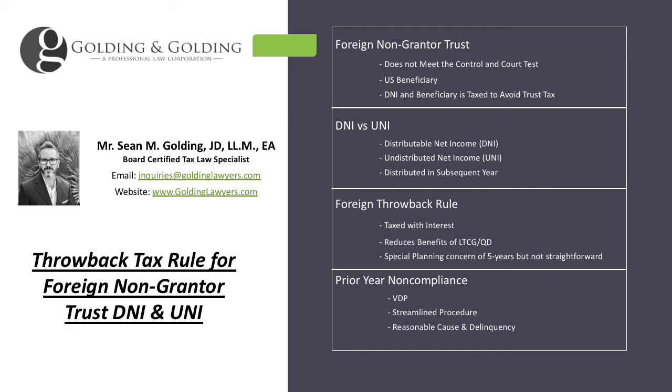DNI gets complicated when you have a foreign non-grantor trust. It tends to include capital gains. On the domestic side, it does not, for the most part. Always exceptions, exclusions, and limitations, right? The three common important words when you're dealing with international tax. When it comes to the UNI in subsequent years, it sort of operates like E&P, right? The DNI comes out first, and then any additional is UNI, and then it turns back into principal, which isn't taxed. If you've got a foreign non-grantor trust, it's important that you work